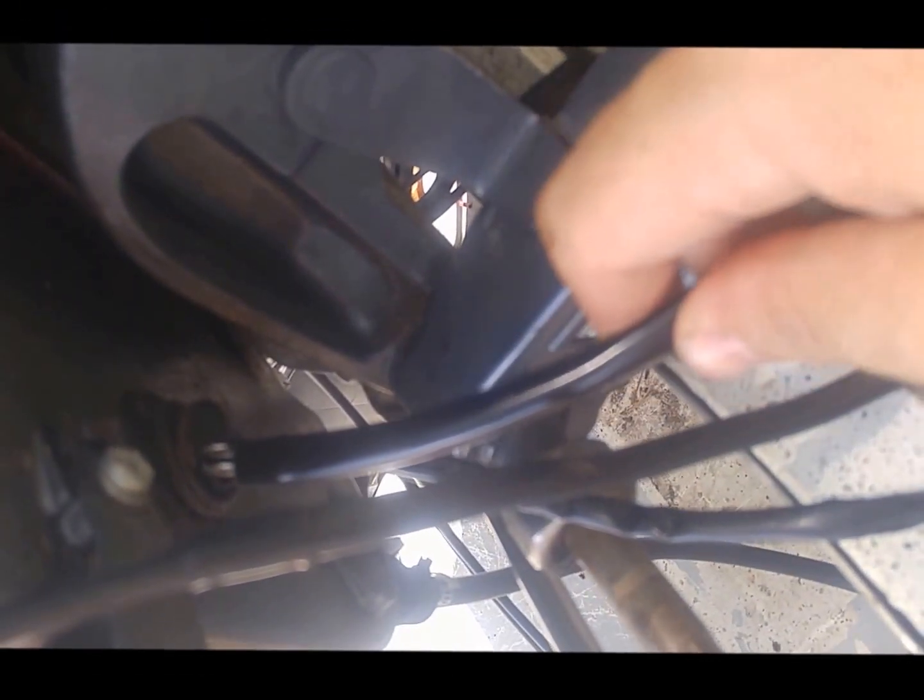Now that I've got this relatively stiff wire with the two of these combined, I'm going to try to just push it through and see if I can just get it to pass agreeably. I'll let you know how that works out, but it looks, actually, I doubt you can see it, but I'm not really manipulating it at all, just pushing. Seems like maybe